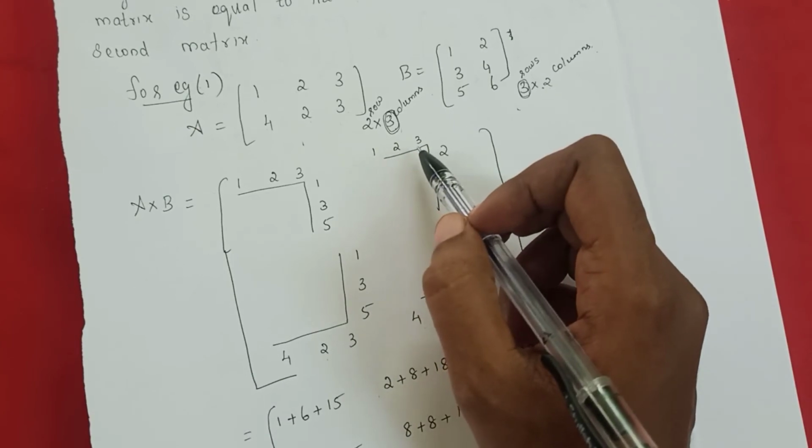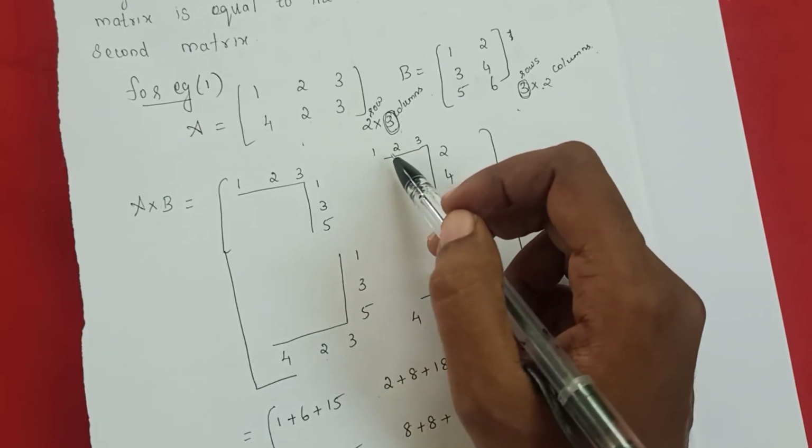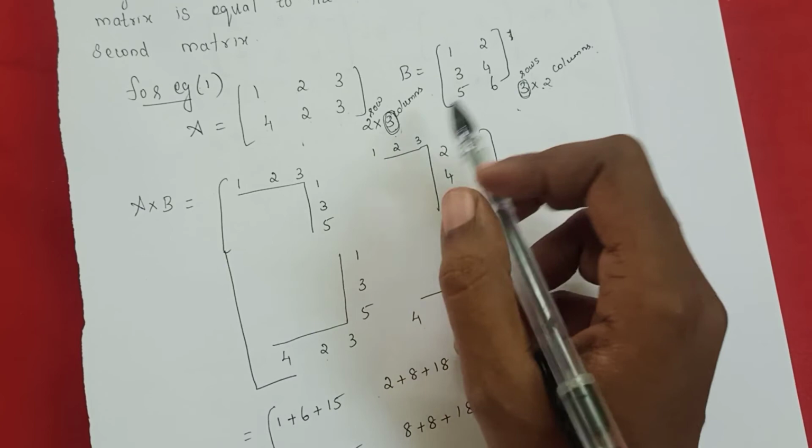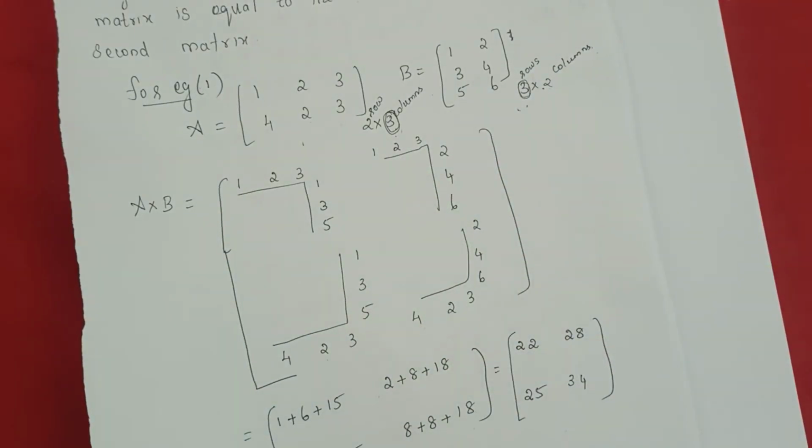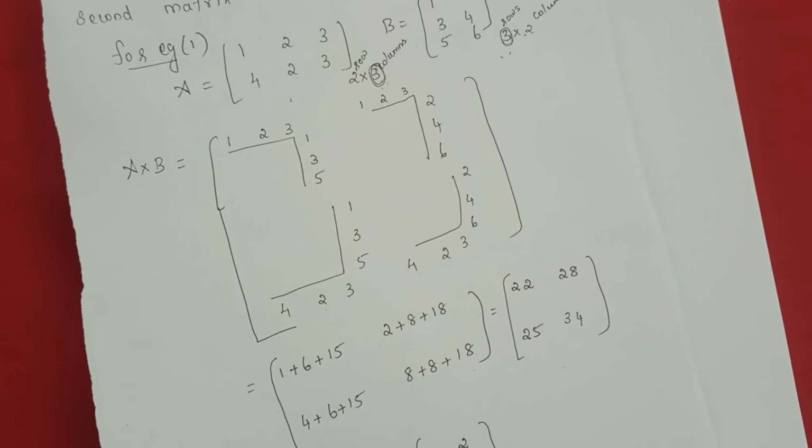Here we can find the product. The reason is the number of columns in the first matrix is equal to the number of rows in the second matrix. Got it, ma'am? Okay. Now I will tell you how we will find the product of two matrices. Today, when I teach one or two problems, you will get only 50% of the idea. If you do more and more problems, then only you will get thorough knowledge. So you need to work out a lot of problems, otherwise it will be very difficult. Understand? Listen.